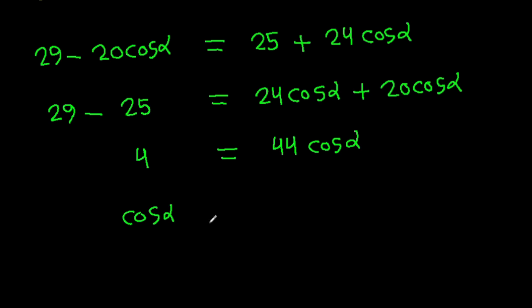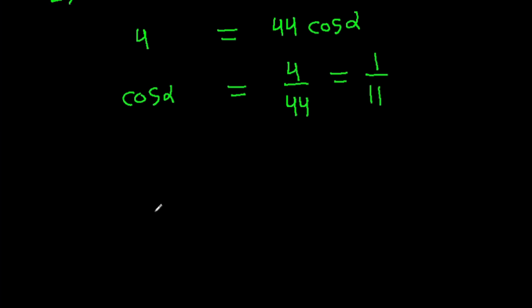So cos alpha will be 4 over 44, that will be 1 over 11. So we get cos alpha is 1 over 11,